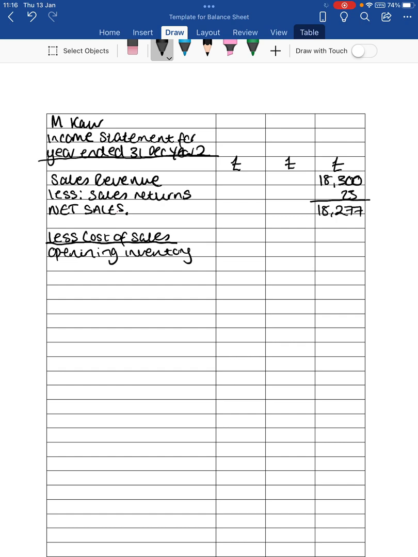So our opening inventory is worth £3,430. Once we've got our opening inventory down, we're going to add our purchases. Our purchases were for £12,624. Now once we've added our purchases, we're going to have to take away our purchase returns. So I'll write here less purchase returns, which was worth £28. So 12,624 take away 28 leaves us with